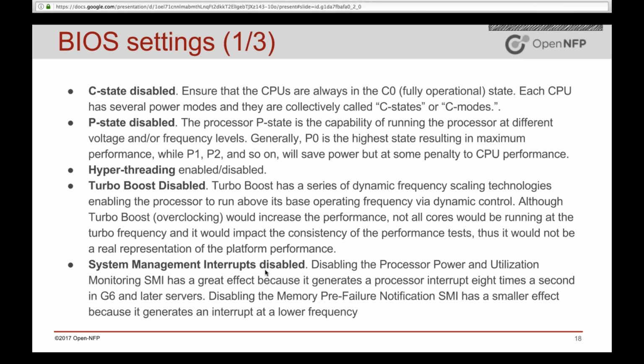So you want the processor to be running full throttle all the time so that it can handle packets at maximum rate. And to do that, the typical approach is to go through the BIOS and disable all power management